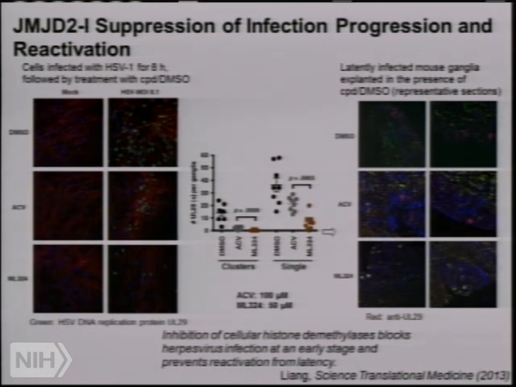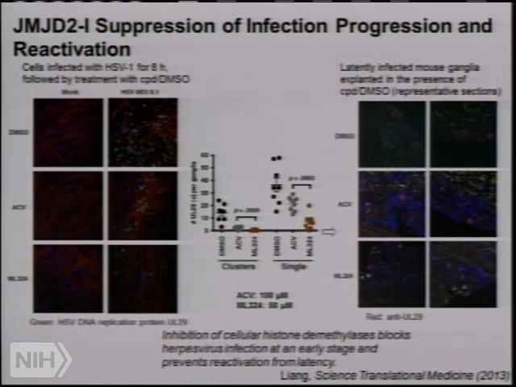Treatment with the standard of care, acyclovir, which is in a lot of these ointments for cold sores, leads to a reduction in replication. Treatment with our Jumonji inhibitor leads to almost complete reduction in replication. So basically, we can stop this infection with cells that are first infected with the virus and then treated. So we prevent the further